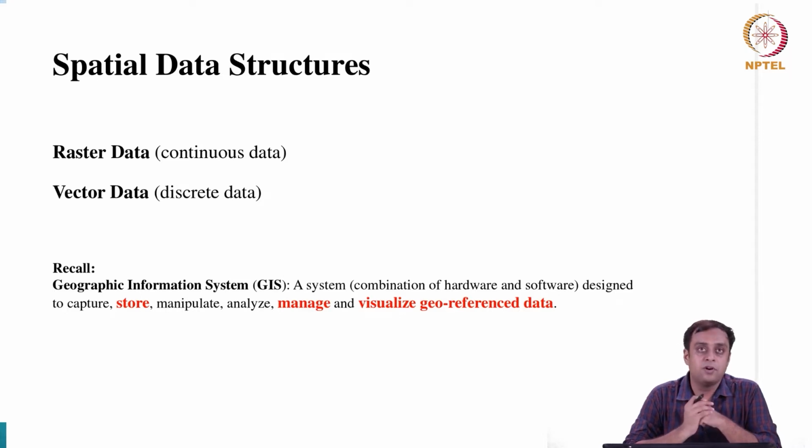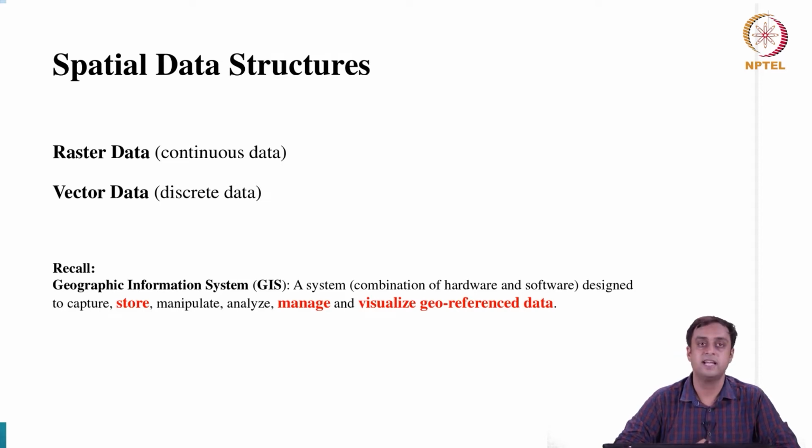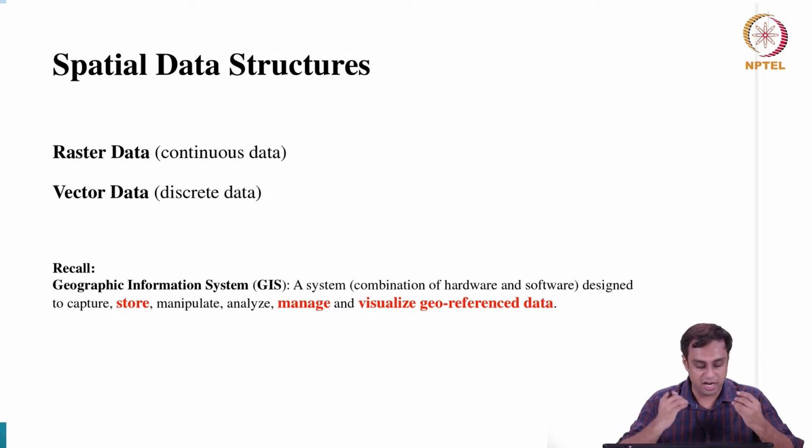I have on your screen two different types of data structures. One is called the raster data, the second is called the vector data. I am also characterizing on this slide that the raster data are continuous data, and we will talk about what this really means, and vector data are discrete data. This is a fundamentally distinct attribute between these two data sets, that is the raster data are continuous in nature and vector data are discrete in nature in the way they are stored, managed and visualized.